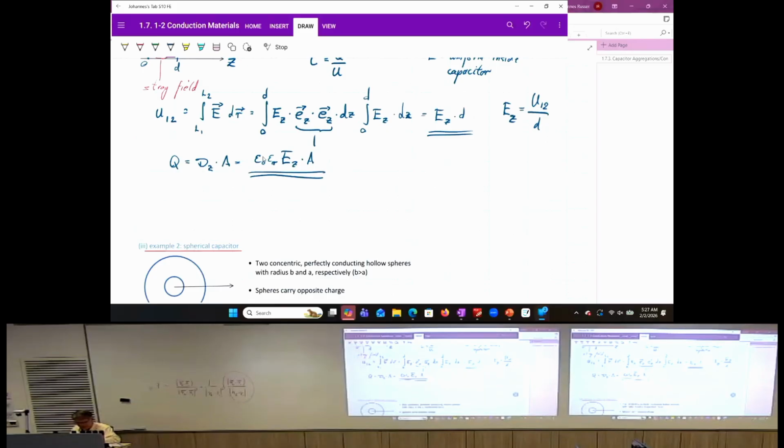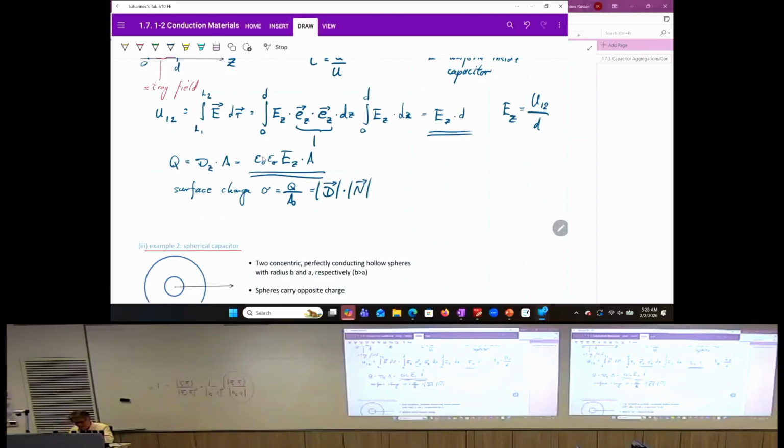You have a surface charge on these plates, and that surface charge sigma is charge per area, right? So that corresponds to the absolute value of the displacement field times